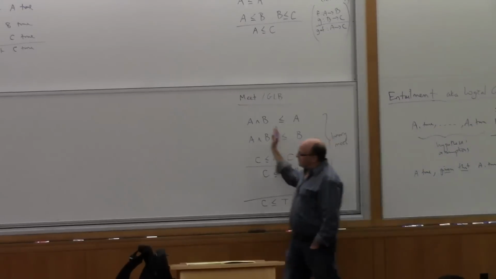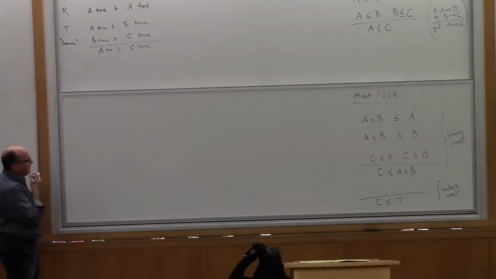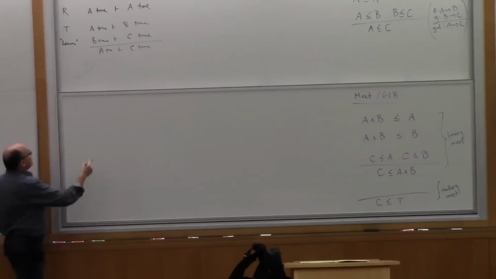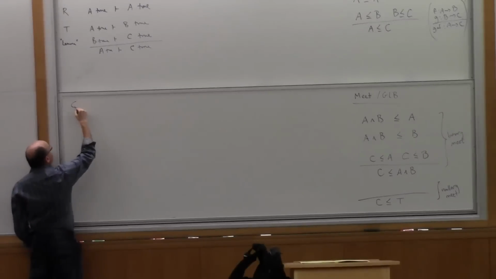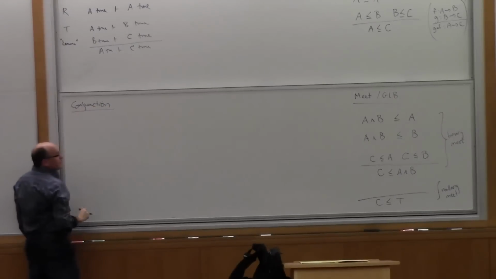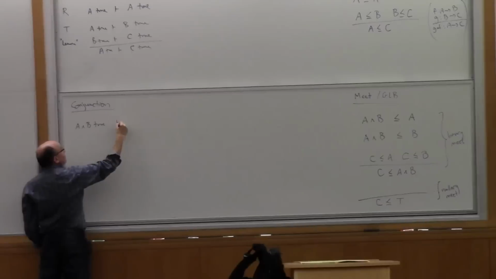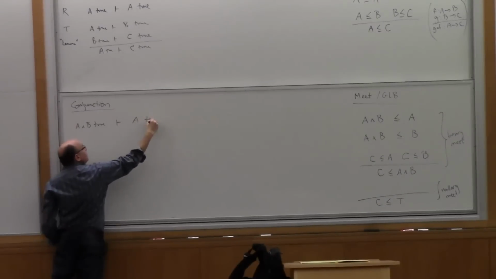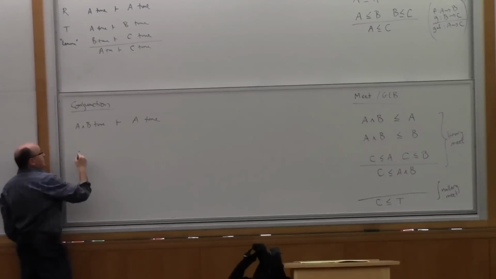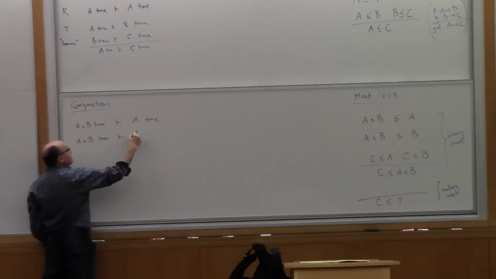So what I want to do now is jump back over to the proof theory side and tell you what that corresponds to. I claim it corresponds to the idea of conjunction of propositions. Here is the idea. Let's think about what the first thing is saying. It's saying that if A and B is true, then surely A is true. That's what it means to be a conjunction. And if A and B is true, that's our entailment, then surely B is true.